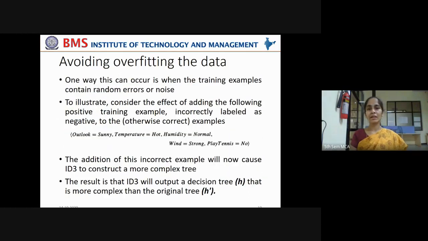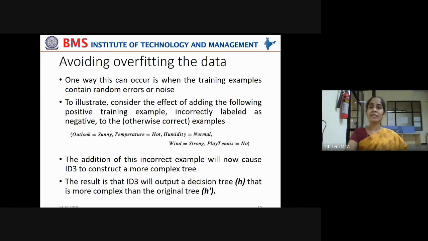Now, one way this can occur is when the training examples contain random errors or noise. Say in your previous case, your decision tree has 2 levels, but if there is some noise in the data, there are too many categories under the attributes, and there are outliers under the attribute values.